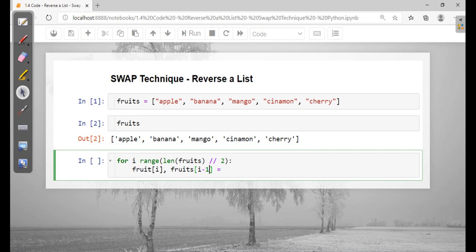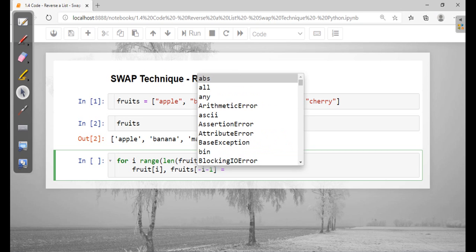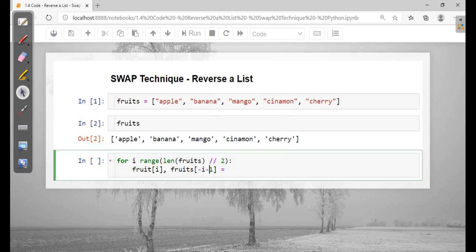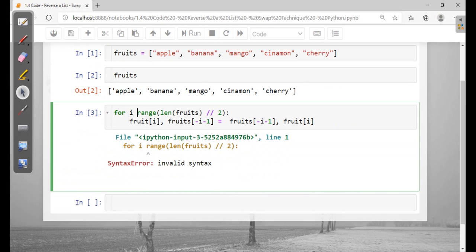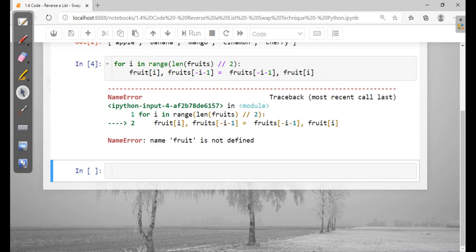We want the last element, so we are using the negative index, and we will just change the value here, and we are done. That's all, and let us run this code. Sorry, we forgot to use the in operator.